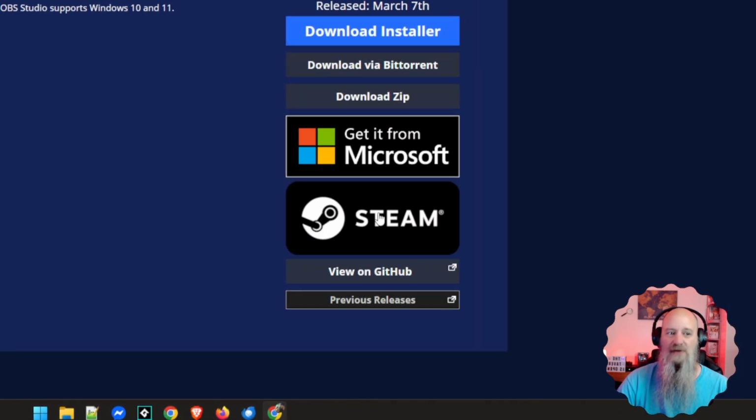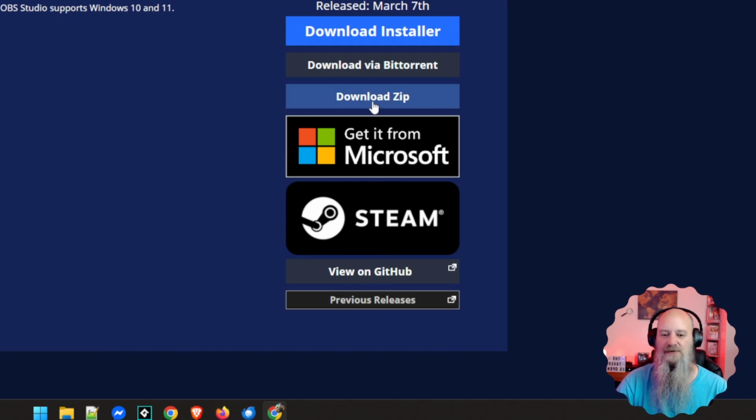And if you want a previous release, so if you need an older version for reasons such as maybe because of the current versions that have discontinued the use of certain GPU encoders, if you're still using an older GPU, you may need to get those. You can view the previous releases, find the release that you need, and I will go ahead and show you those as well. But first thing, for most of us who just need the current version, we want to get